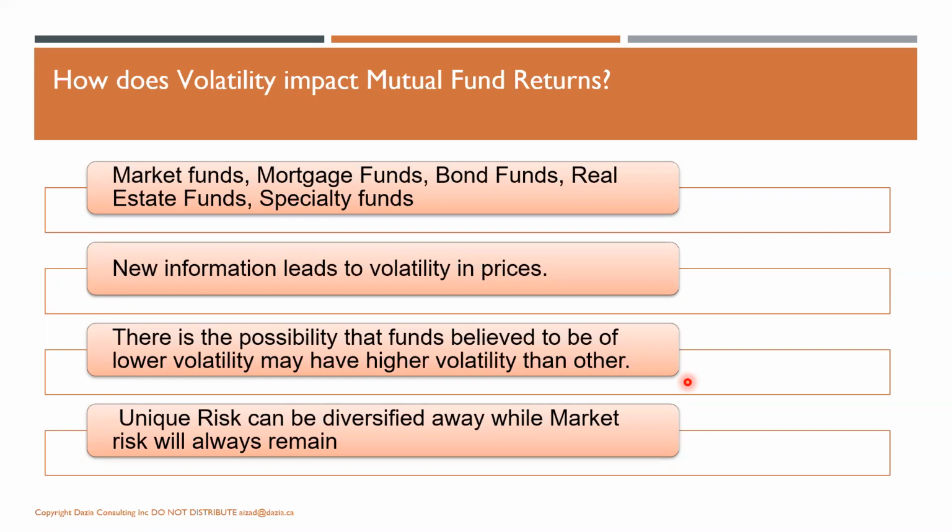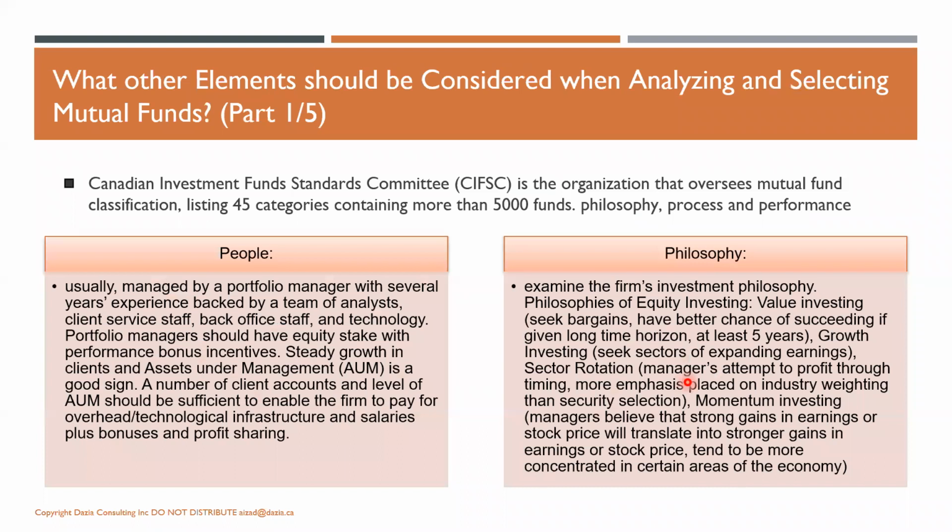So what we're saying is that if you have one or two or three investment stocks in your portfolio, that's very risky. If you have 10, 20, 30, your unique risk is reduced. But if you have 100, 200, 500, your market risk will always be there. You cannot get rid of that market risk. We'll talk about risk a little more in the next slides, but that's the concept there.